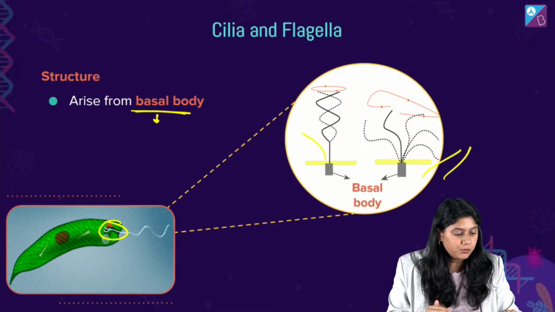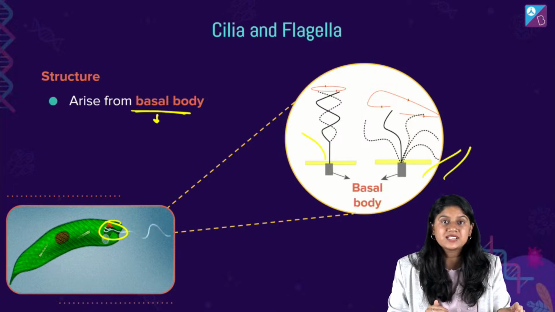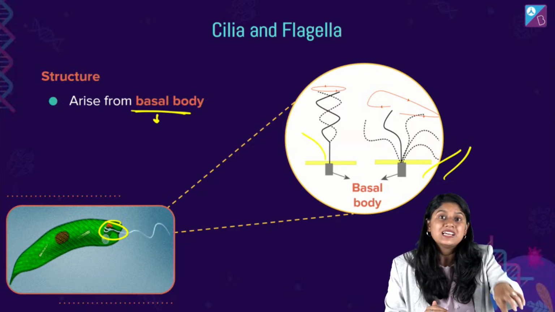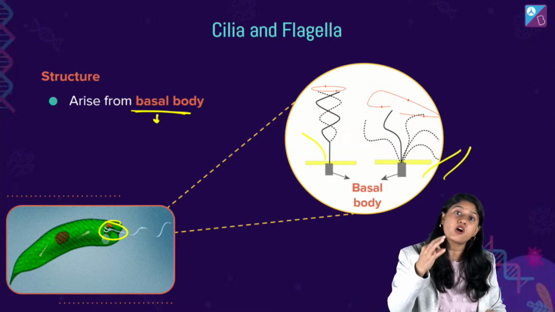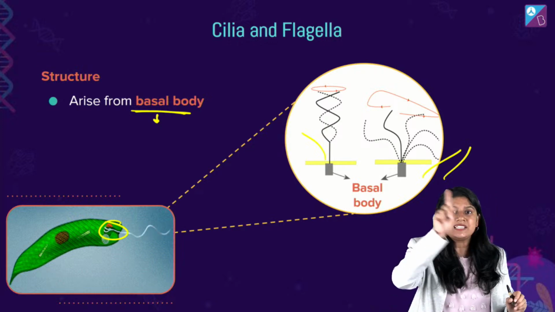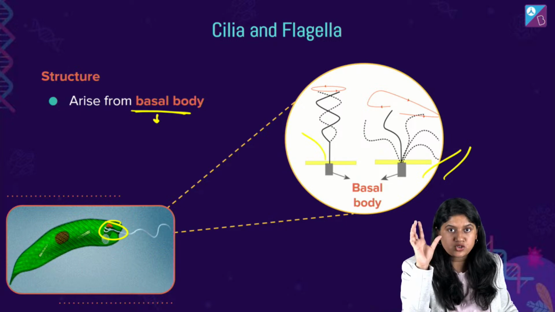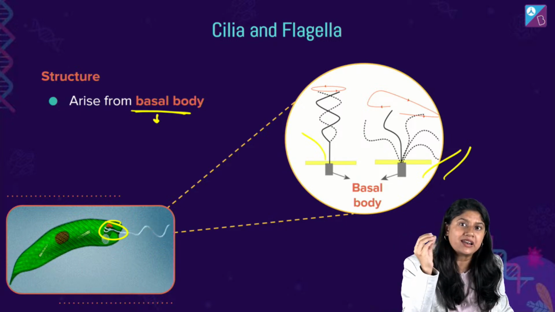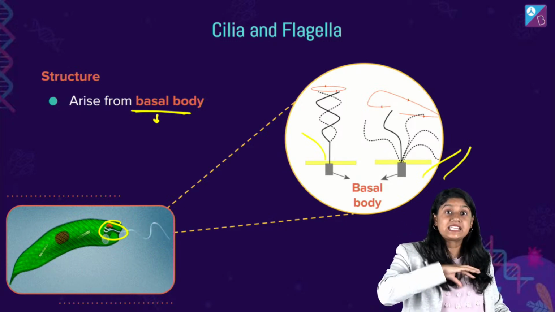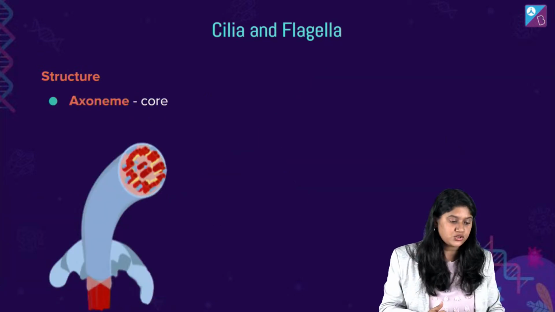अब हम क्या देखेंगे? अब हम structure देखेंगे इसका. Right, we will be looking at the structure of the cilia and the flagella, the basal body का structure basically. अब हम देखेंगे कि अंदर का क्या structure है. Now we know that कि basal body, flagella is arising from the basal body, and centriole plays a very important role in the formation of the basal body. So we can see there is some connection over here. जो हमने 3 triplets वाला structure पढ़ा, right? It has some similarities, but not exact the copy. So let's see what is the structure over here.